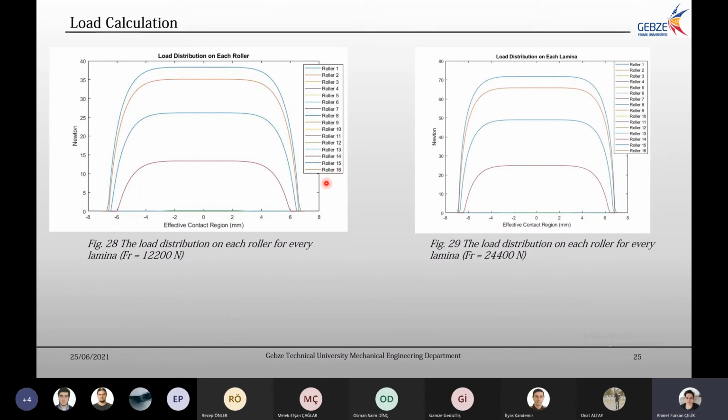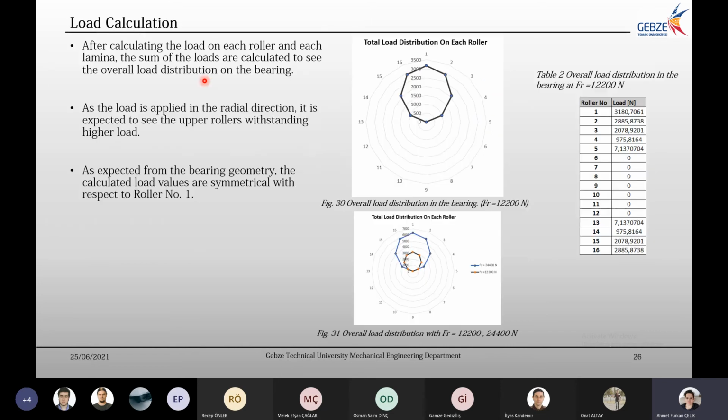So roller 1 and roller 16. Right here is roller 1, roller 16, and roller 15 is here. So roller 2 is actually the same as roller 16 because the bearing is symmetrical, but we can't see it here because they overlap. And here is my bearing